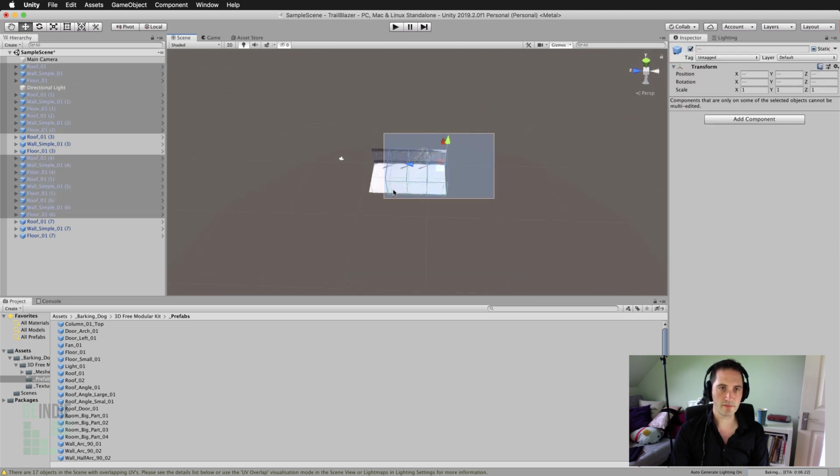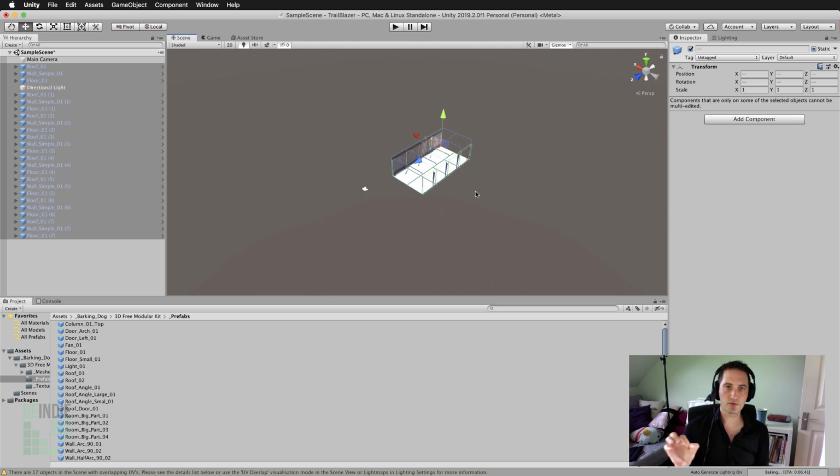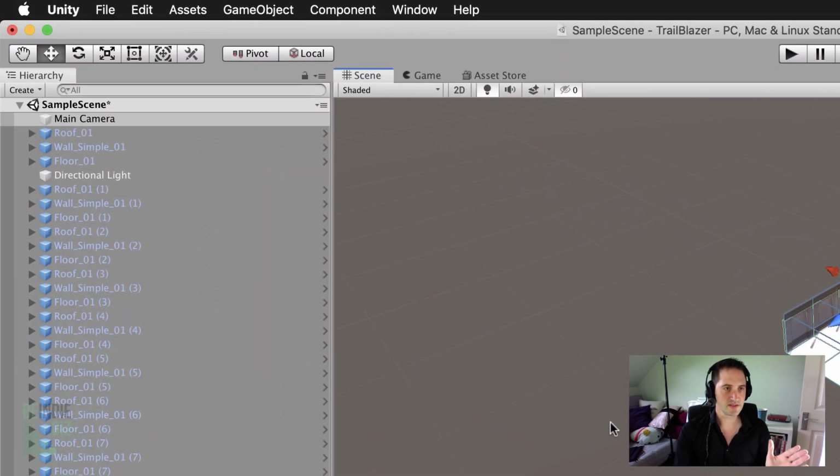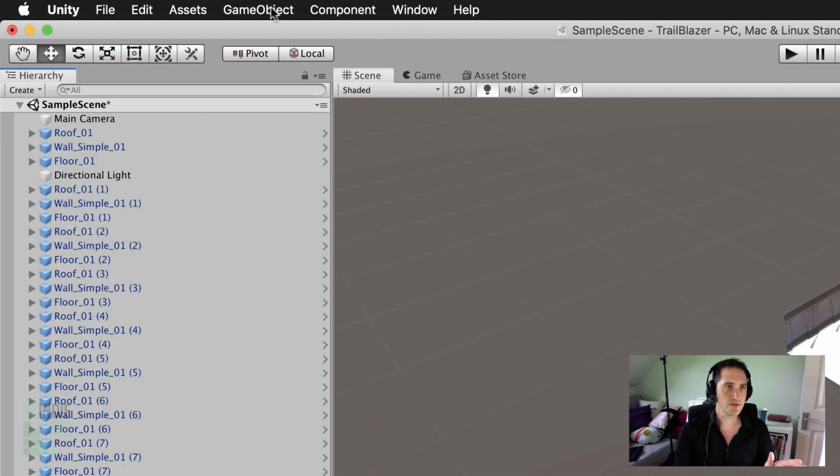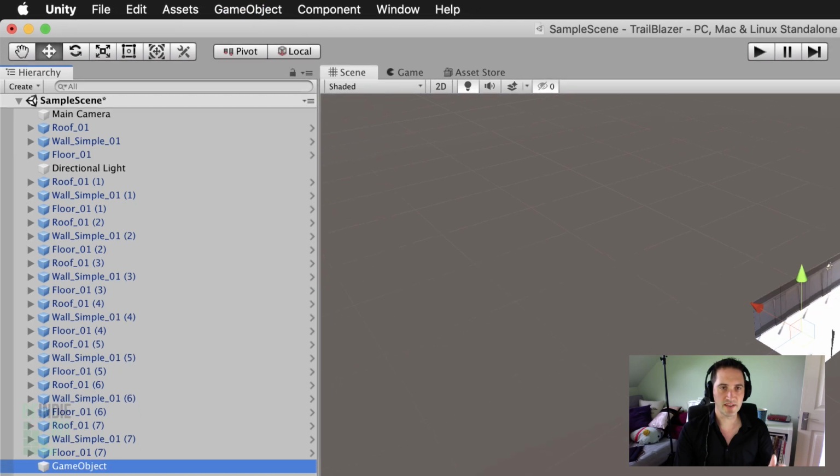I'm going to grab this entire section. What I'm going to be doing is I'm going to be creating an object that Unity calls a prefab. Now, to get started at creating a prefab, I'm going to first of all create an empty object. We're going to see exactly how prefabs work, but the best way to do that is to see them by example. To get started at creating a prefab, I'm going to create a new empty object,